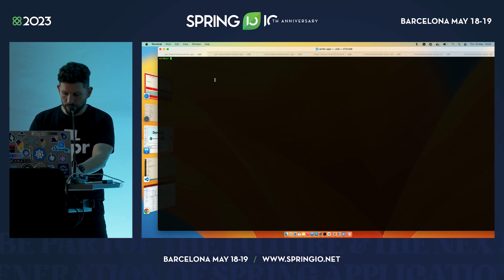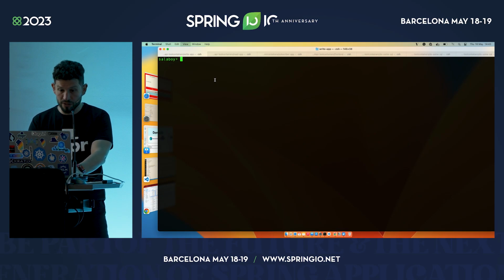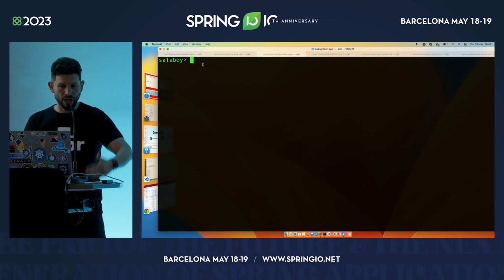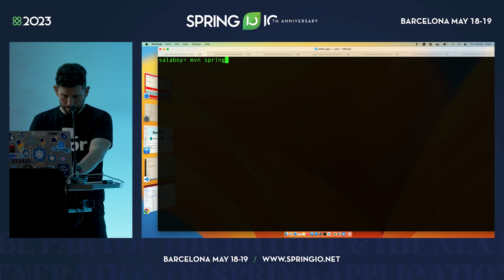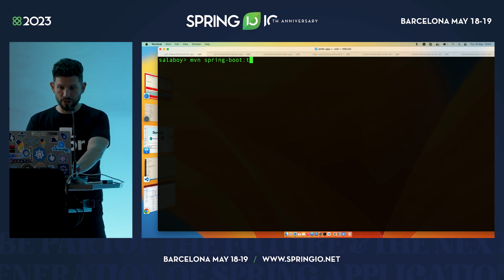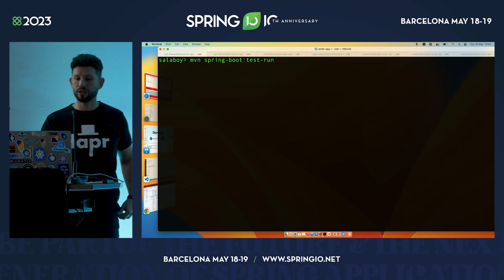I have the source code of these applications, like the write application. It's the same source code that I deployed into Kubernetes, right? But again, if I want to run it locally, I want to make sure that it's running pretty close to what is happening in Kubernetes. So I want to make sure that Dapr gets started when I run this. For that, I'm using Spring Boot, again, 3.1, that actually allows me to do the test runs here. I like TestRun. Again, using Testcontainers and the Testcontainers configuration.